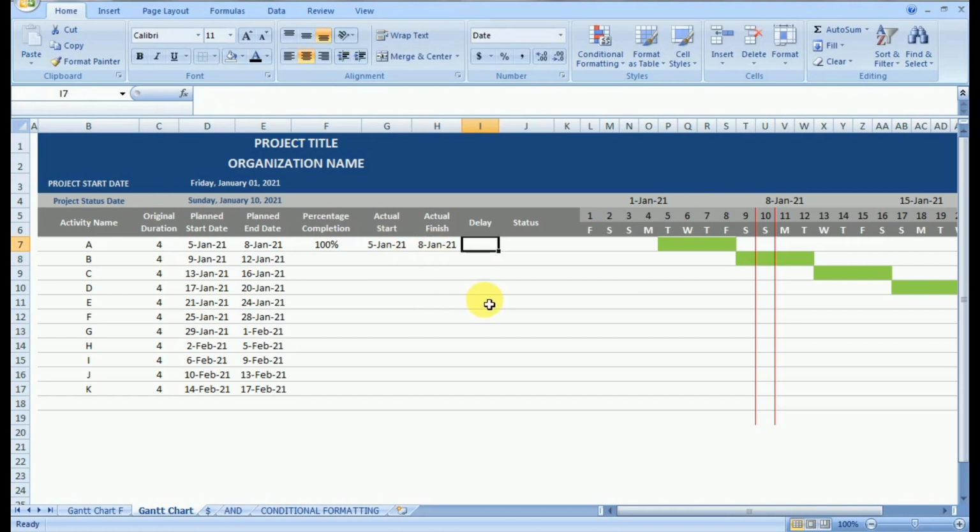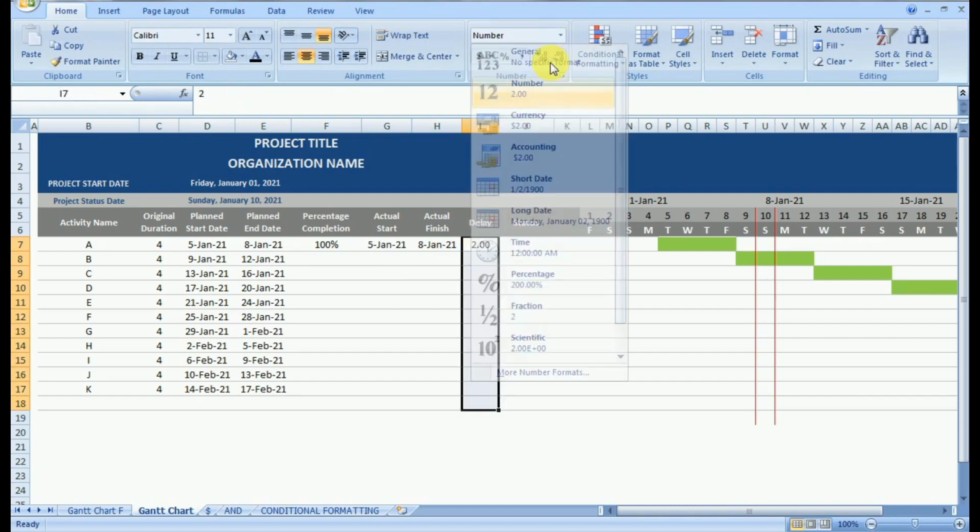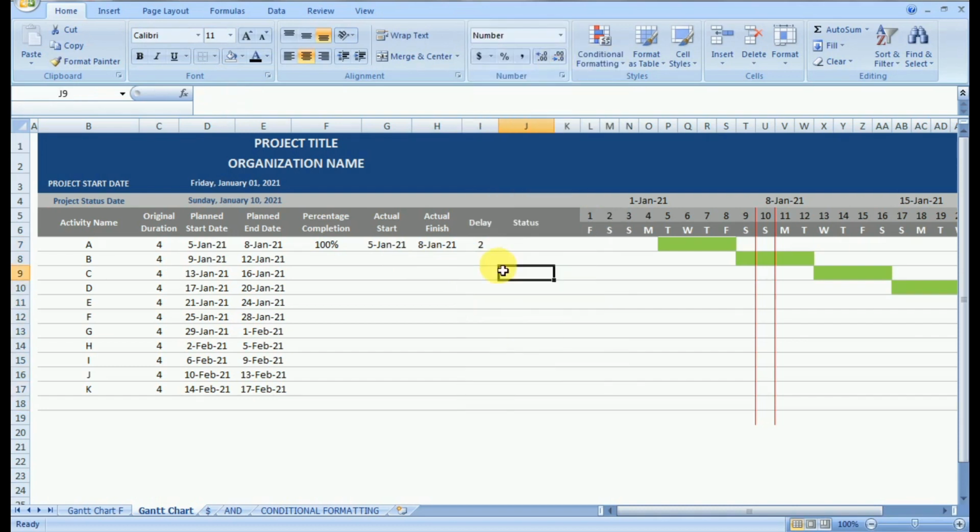Now one thing you observe, that is delay. Suppose there is a delay of an activity, then my actual finish date will further move. So we will add delay to the actual finish. This is a simple formula we derived for actual finish, which is equal to actual start plus percentage into original duration plus delay.